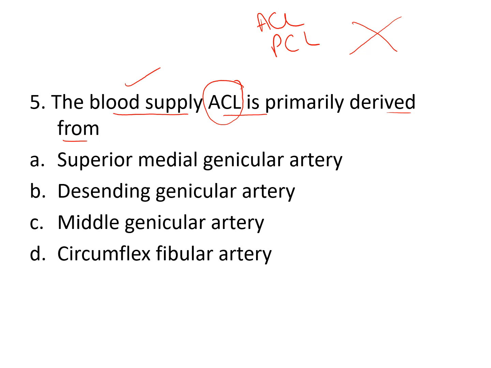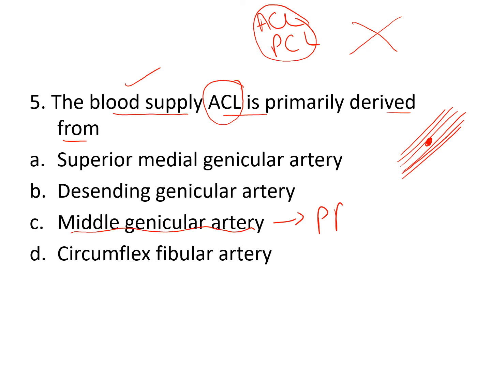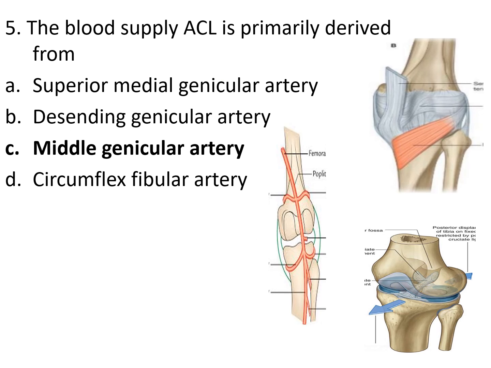We have already discussed that there was an oblique popliteal ligament which was an expansion from semimembranosus. A vessel pierced this oblique popliteal ligament, entered the knee joint and supplied the cruciate ligament. That vessel is called the middle genicular artery, which is a branch of popliteal artery. We will see the slide. Yes, so the blood supply of anterior cruciate ligament is mainly from the middle genicular artery, which is a branch of popliteal artery. It pierces the oblique popliteal ligament, enters the knee joint and supplies the cruciate ligaments.